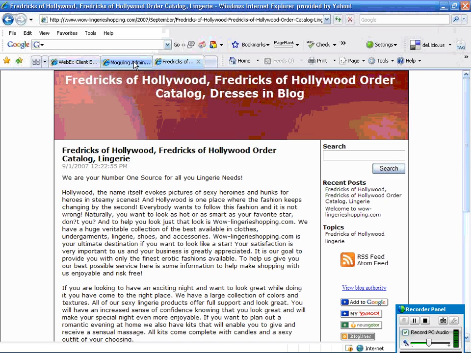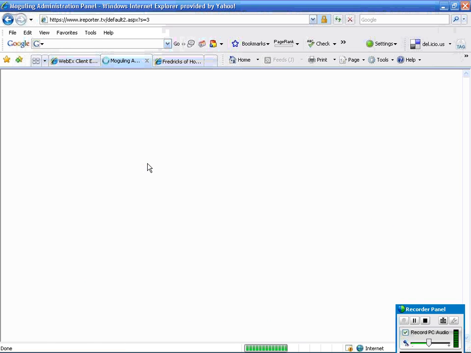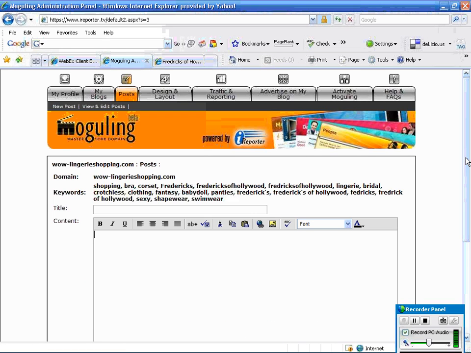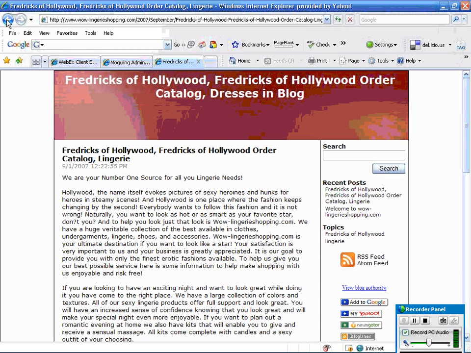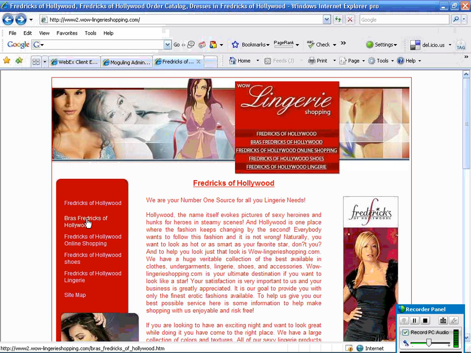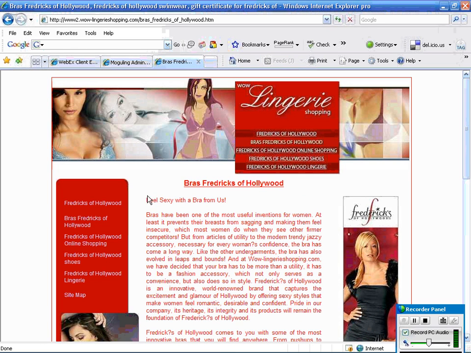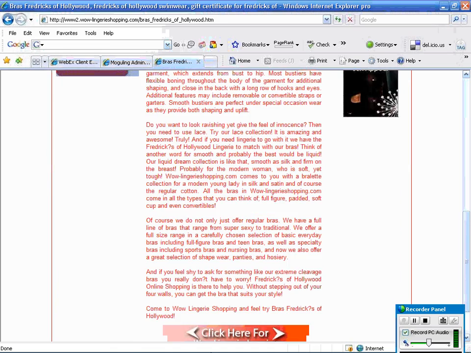Let's go back and do that again. There's a couple different ways you can navigate. You can click on posts, which will bring you to another post. And in this case, go back to the site here. And I'm going to just go down to the next link, do the same thing, highlight all of the content,